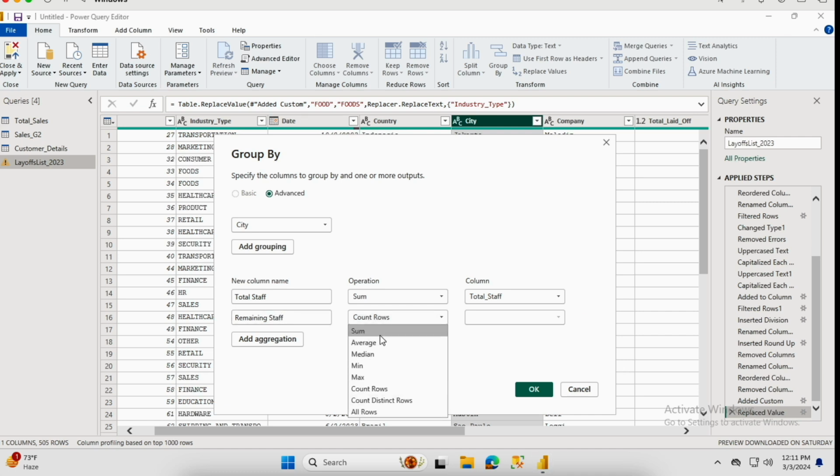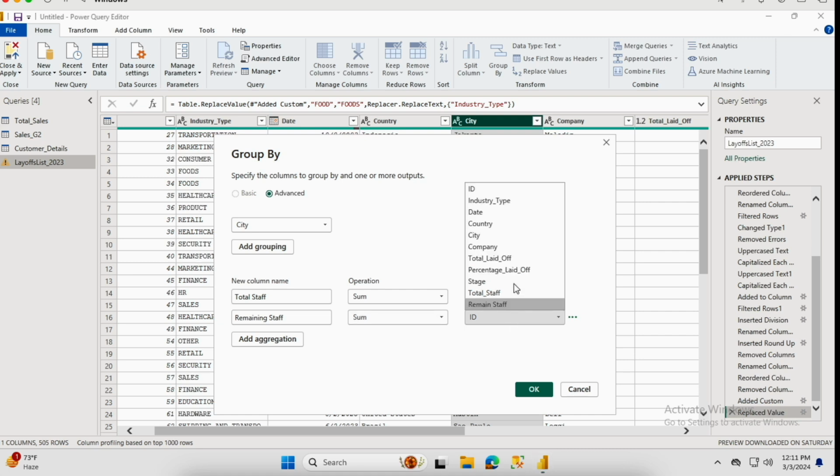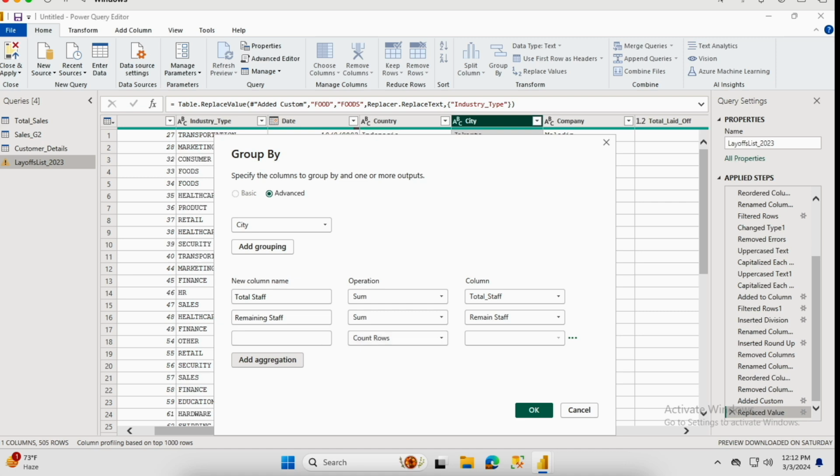It should be the Sum and the column should be remaining staff. And again I'm going to add one more for laid off staff. Need to Sum and here total laid off. Okay, just click OK.